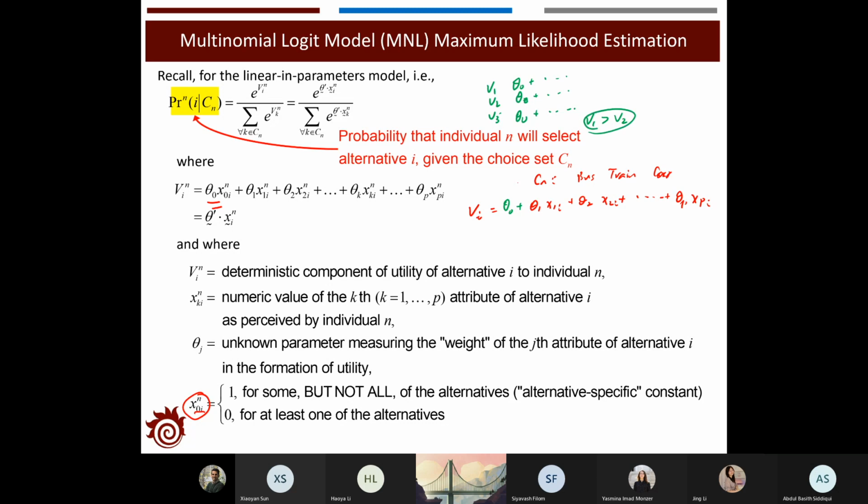If they both have the constant term, it does not play any meaningful role in the comparison. So for this constant term, we can assume that there's another dummy variable, x0i, with respect to the constant coefficient, and x0i will be zero for some alternatives. Say if it's a car, then it's 0,